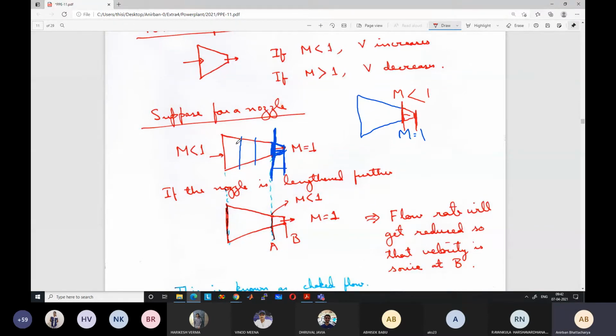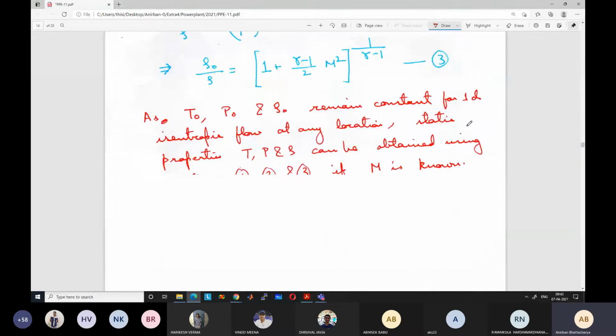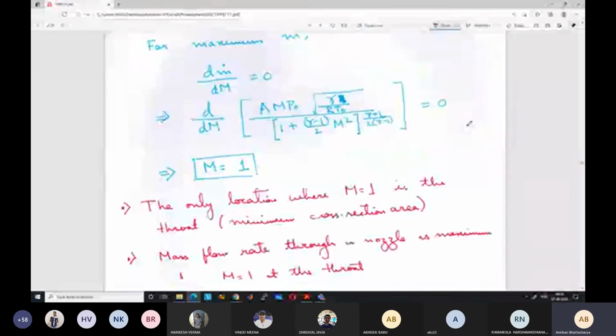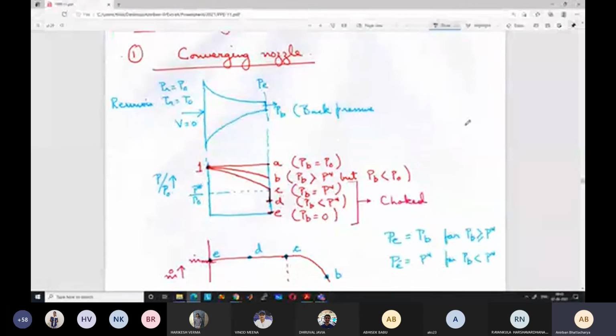Is it clear? Sir, when we say it would get adjusted, what would be changing? Like the pressure difference we have already given. You have already given the pressure difference, but the pressure difference that is set up in the nozzle will be different from the pressure difference that we are giving. We will discuss this in more detail in the next class, but let me explain here. I think I have the plot here.